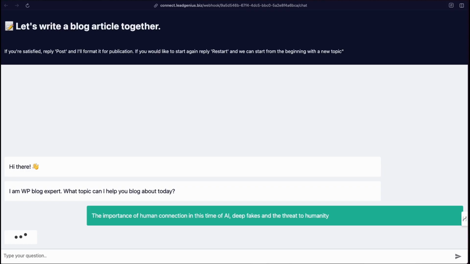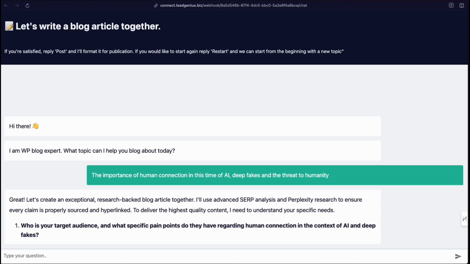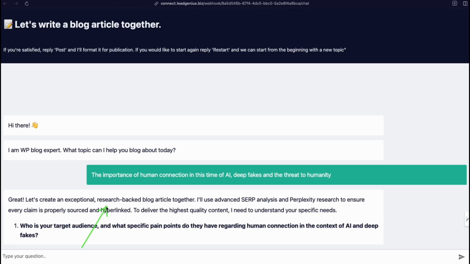And now we're talking to that n8n workflow. We're talking to an agent. And what this agent has been trained to do is to interview us, asking us up to 5 questions to extract the information that it needs. So we look here, we've got a great response here. Great, let's create an exceptional research-backed blog article together. I'll use advanced SERP, search engine result analysis, and Perplexity to do some research. Who is your target audience and what specific pain points do you have regarding human connection in the context of